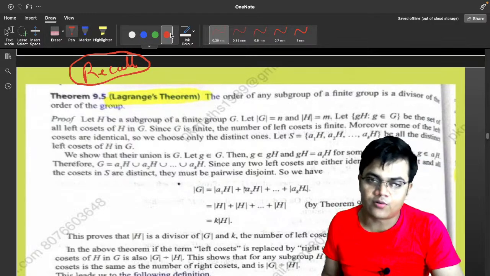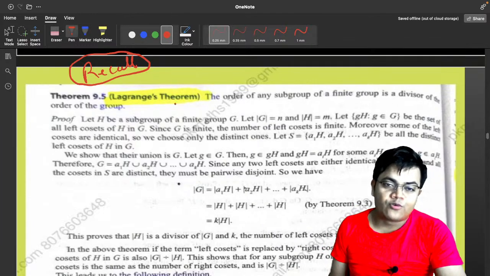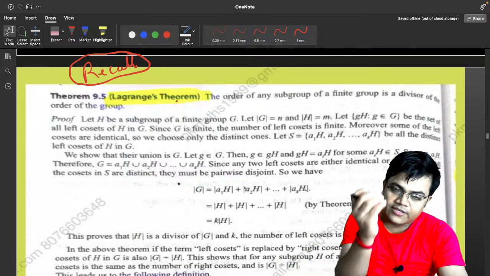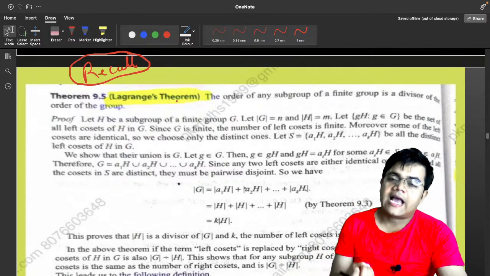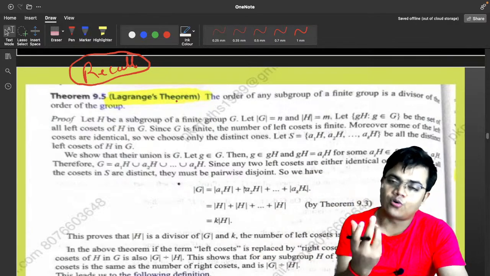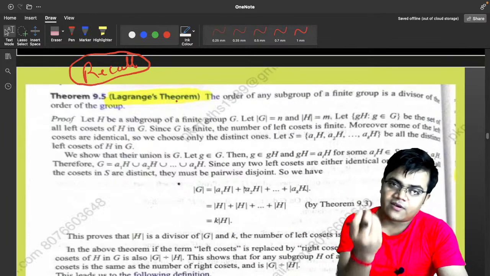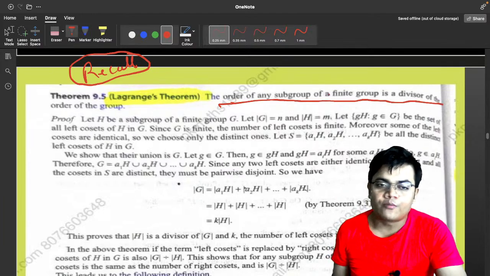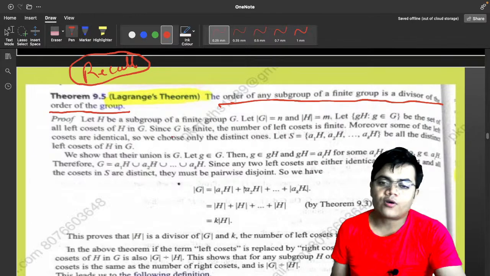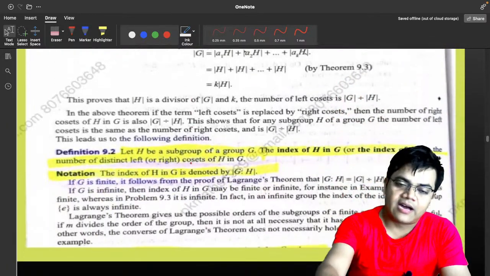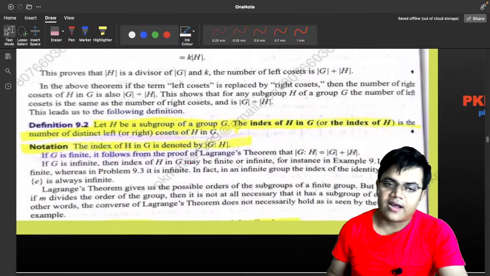I really understand your concern, so I am not going to give the proof of this theorem, but I would like to focus on its statement, its use, and in which condition this Lagrange's theorem has its converse true. The order of any subgroup of a finite group is a divisor of the order of the group. You can easily prove it with the help of the quotient. The proof is over here, but in our graduation days we had already done it.